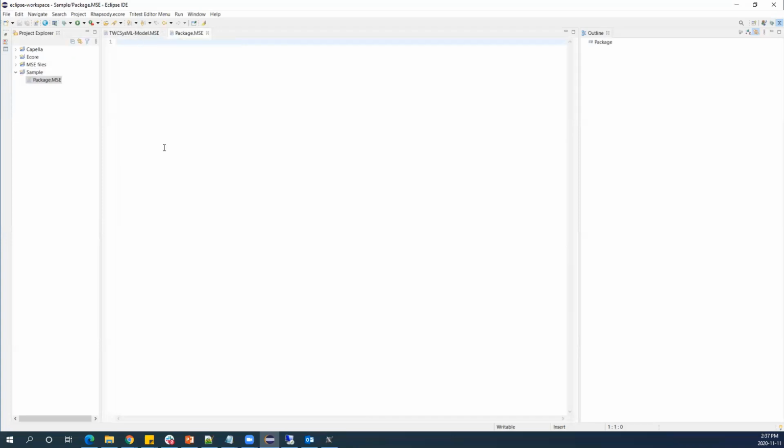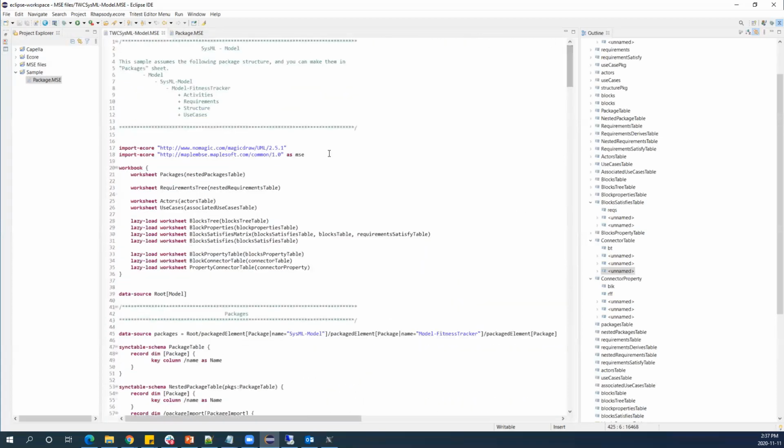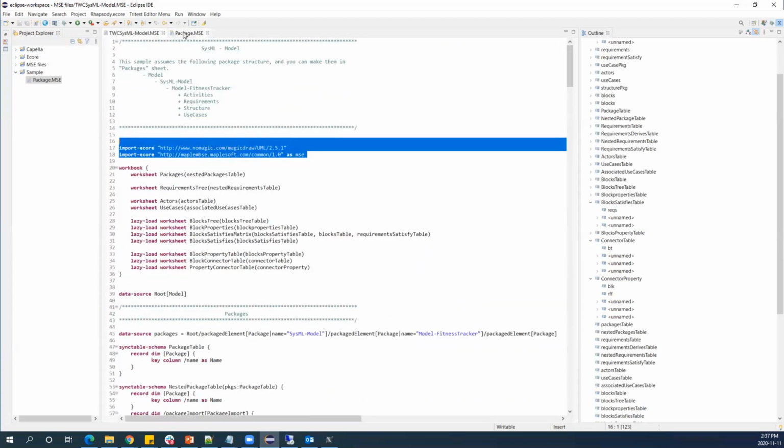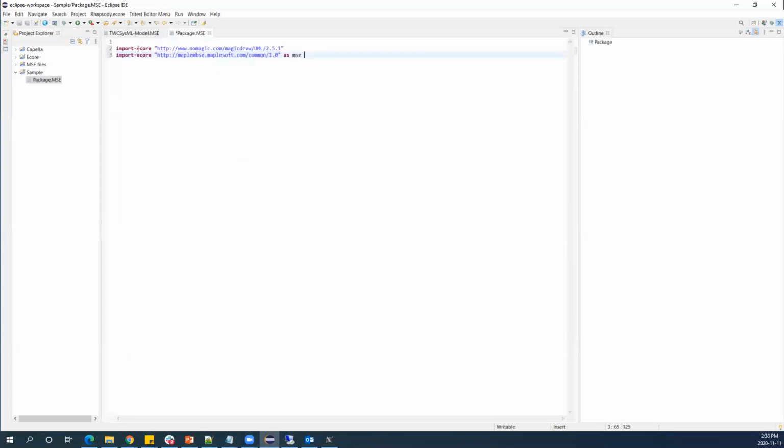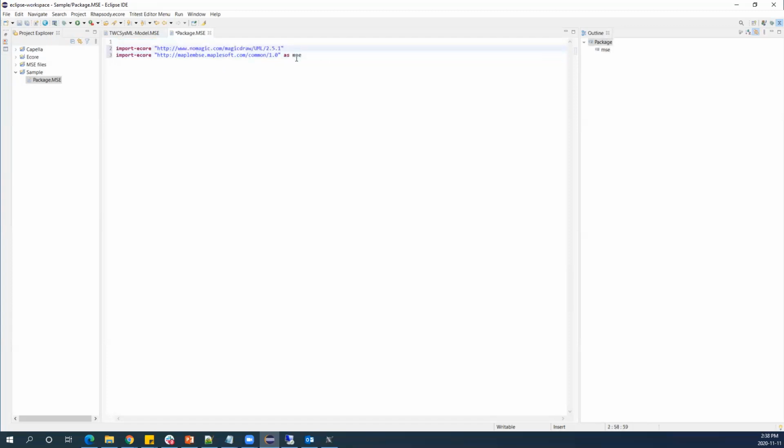It's empty. I'm going to first import the ecore, so I'm just going to copy this ecore part from another sample. Here I am importing the UML 2.5.1 ecore, which is to work with Teamwork Cloud 19 server. And then I'm also including MapleMBSE core. Also note that this hyperlink does not connect to either the Maplesoft website or the NoMagic website. This is just a way for MapleMBSE to understand which metamodel we are going to work with.